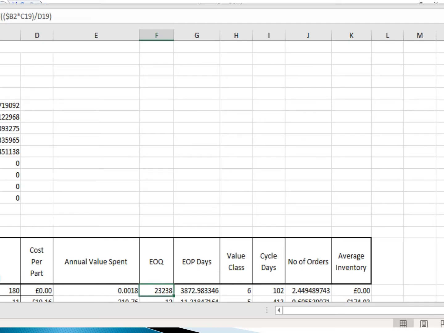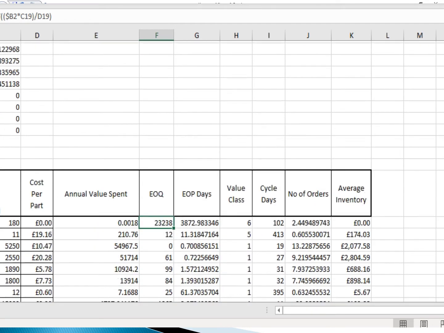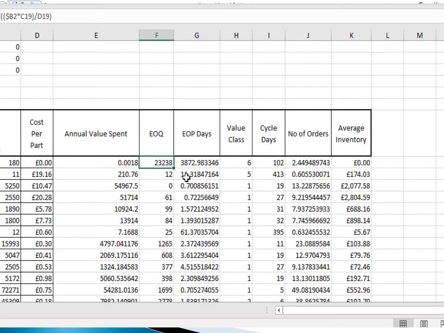Now we see how to get the value of the EOQ and the EOP days. When we click on this cell, we see the formula to get the value of the EOQ. This is the square root of B2 multiplied by C19 and divided by D19, and finally we get the value of the EOQ. Drag and drop for the next part for 200 parts, and the same for the EOP days.